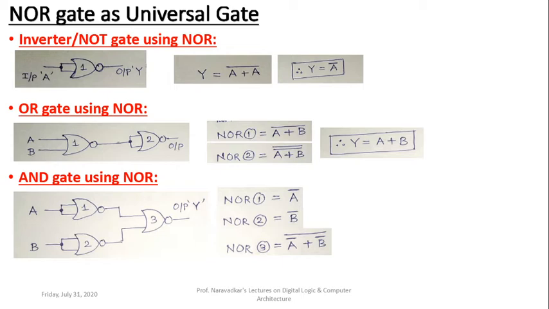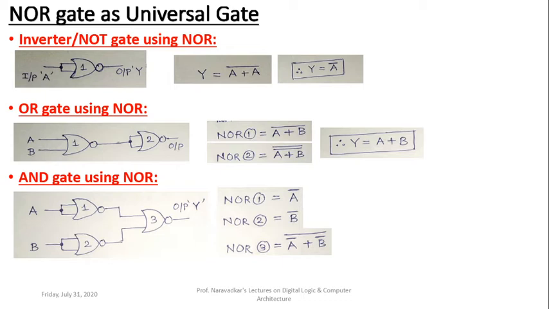And once we get the output of this third NOR gate, using De Morgan's theorem, we can simplify further. We know that in De Morgan's theorem, if the first entity A bar and the second entity B bar are connected by the OR operator and then the whole is complemented, the equation will be A bar again bar, that is A double bar, dot B bar again bar, so B double bar.